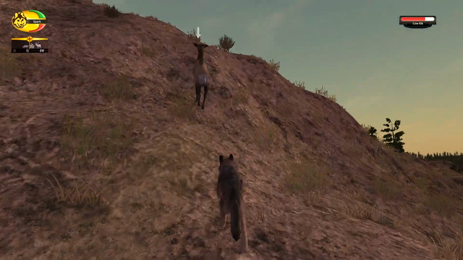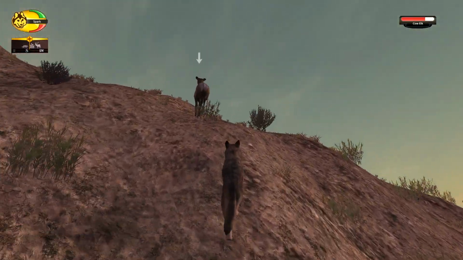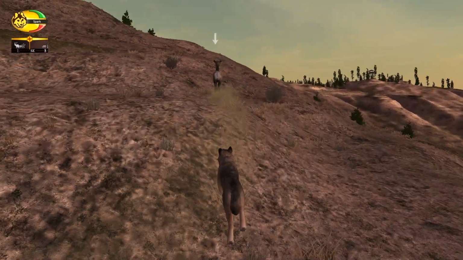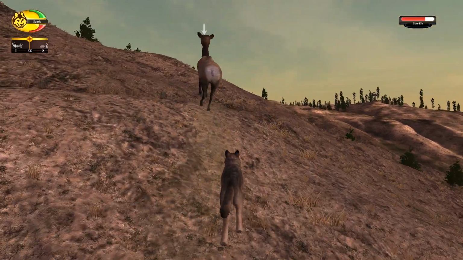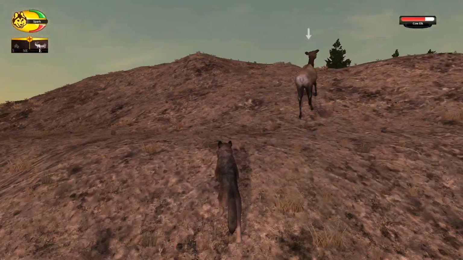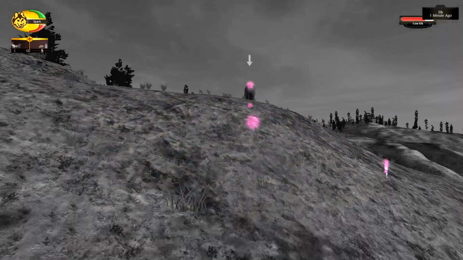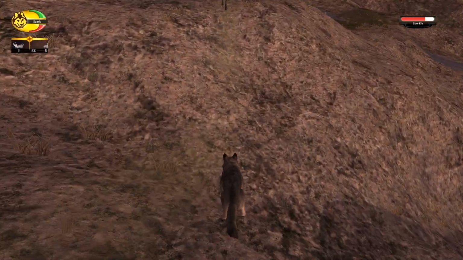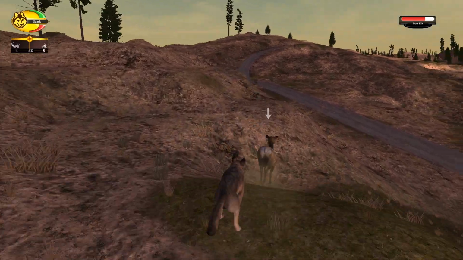So just be a little forgiving of the glitches here. It's basically the best they can do with the system they have. And so hopefully the new version, the rewritten version, will be a lot better in this regard. Okay, where's the other carcass? It's right down there. So we're basically just going to kill a bunch of elk in this area, and then